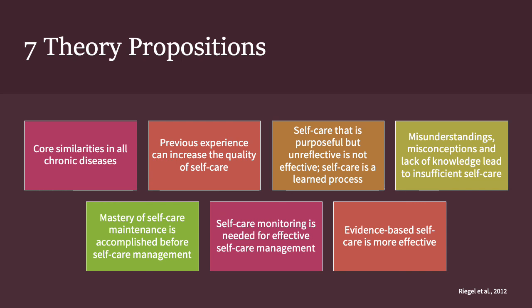So in clinical practice, this theory can be used as a way to determine where in the self-care process a particular patient is struggling. For example, someone who's unable to recognize symptoms will need a very different intervention than someone who is poor in self-care maintenance. We as advanced practice providers will be able to structure our care and recommendations in a more personalized way as we utilize the theory of self-care on chronic illness.